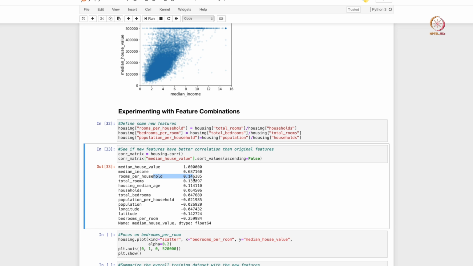Bedrooms per room has a fairly medium correlation, but it is also anti-correlated. The more bedrooms per room you have, the lower is the housing value, but at least it is about 25% anti-correlated.